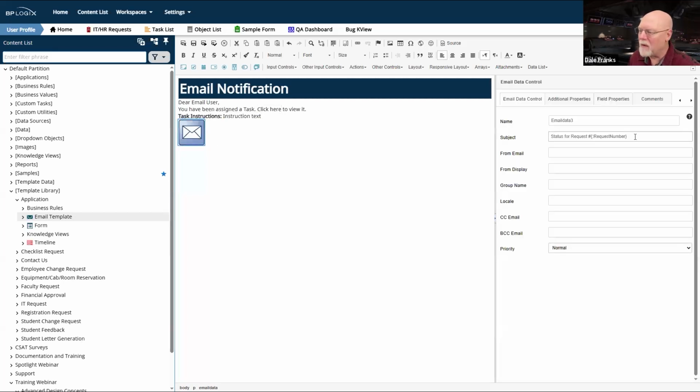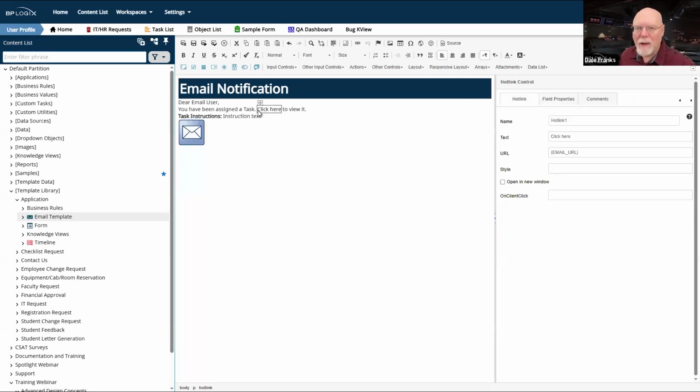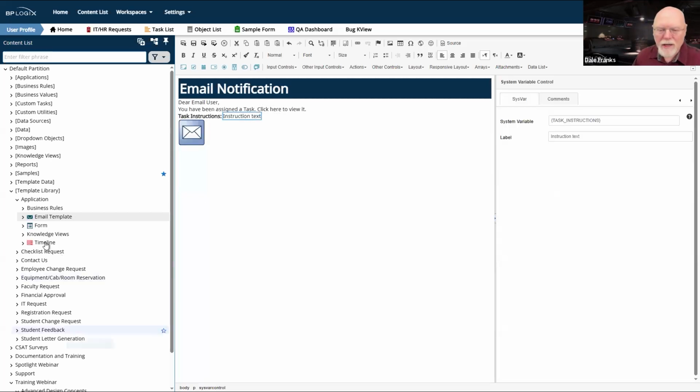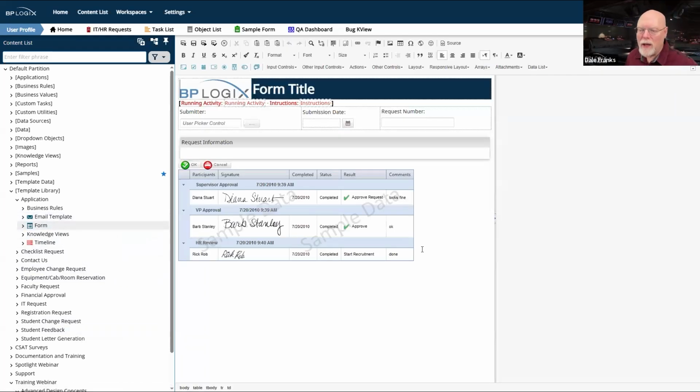And then I've got a very generic subject. Obviously, all of this may need to be changed in your application. You certainly may want to change this content and its wording, and you may want to customize the subject and other elements of the email template, but it gives you all of the basic items that an email template should have. It specifies who the user is, it provides a link to the task, and it shows them the task instructions.